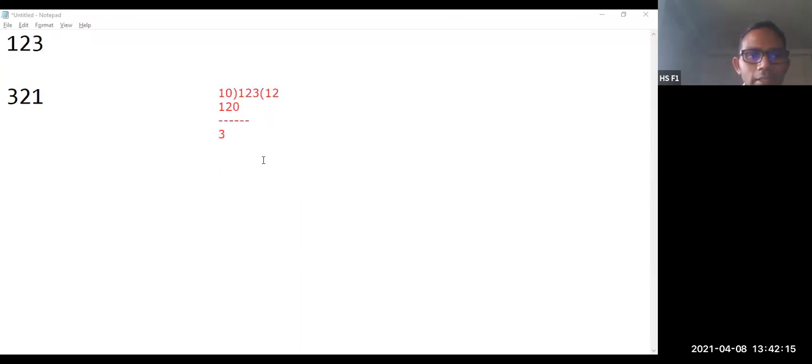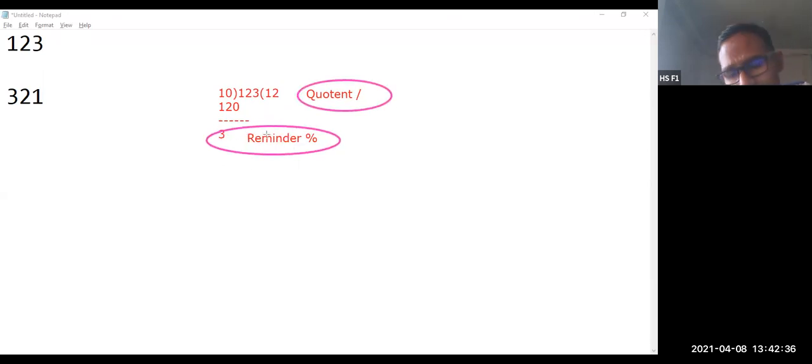This is called the remainder, which you can get using the percentage symbol, and this one is called the quotient, which you are going to get using the slash operator.